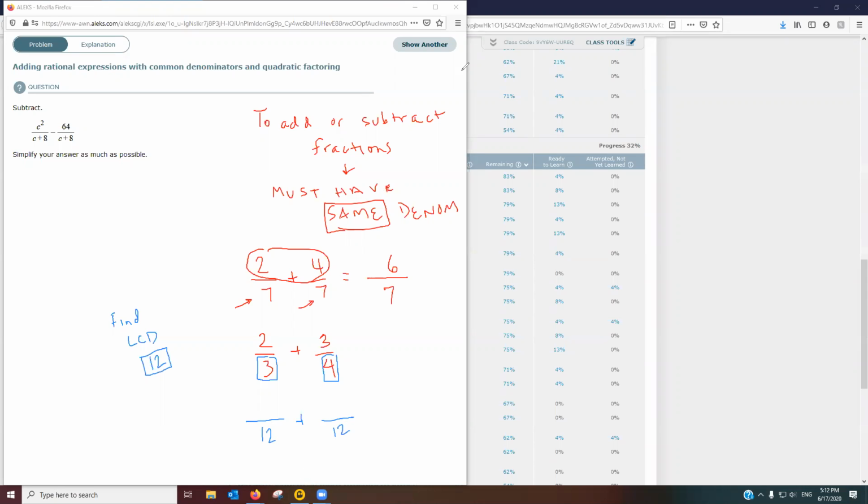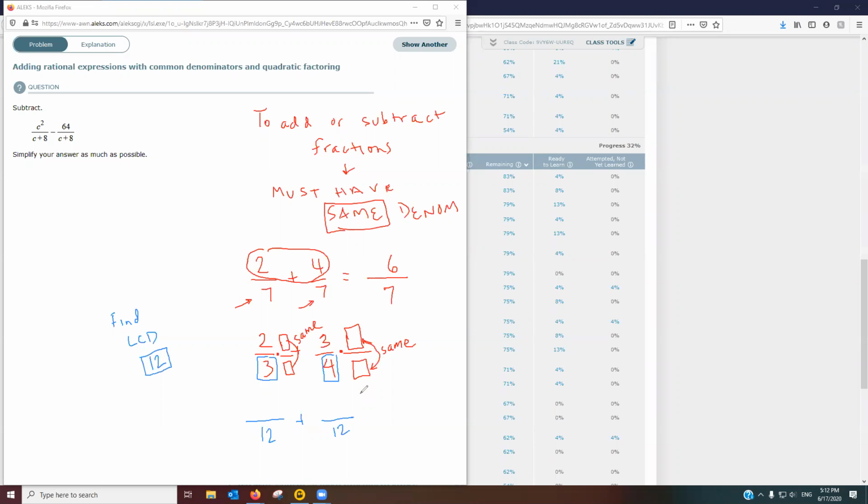All right, well, what I'm allowed to do is multiply each one of these fractions by some quantity over itself. So these two boxes have to be the same. And the same for the second fraction, I'm allowed to multiply it by a quantity over itself as long as these two boxes are the same. Because if these two boxes are the same, I'm really multiplying by 1, and multiplying by 1 doesn't change the